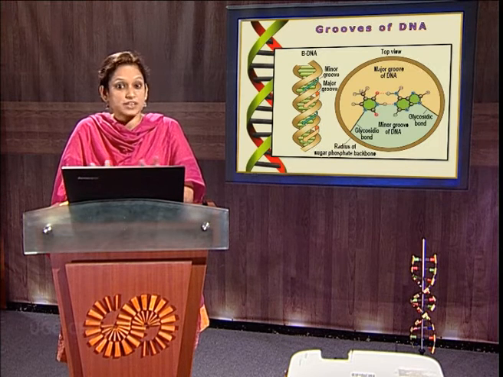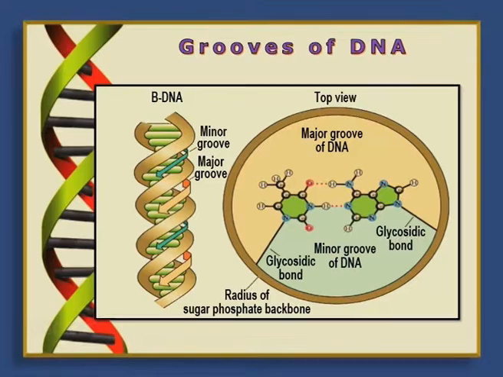Now let's talk about something different, that is, what are grooves? The DNA, being double helical in nature, forms two kinds of grooves of unequal sizes, the major and the minor groove. The groove formation is a simple consequence of the geometry of the base pair. The glycosidic bonds holding the base pair are not directly across the helix from each other, and the sugar-phosphate backbones are not equally placed along the helix axis, creating a major and a minor groove.